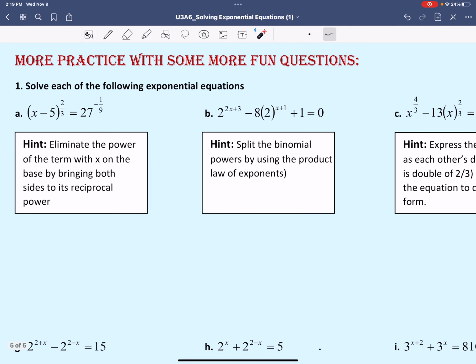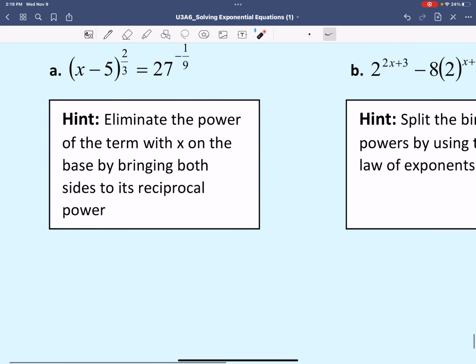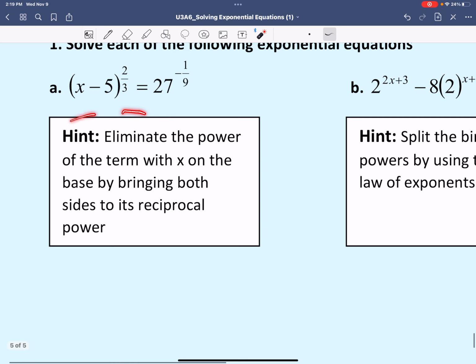So I was hoping we could take a look at some more fun exponential equations. So I'm going to get started with the first example. In here we have (x − 5) to the power 2 over 3 equals 27 to the power negative 1 over 9. So I added a few hints in here because I wanted you to try this on your own